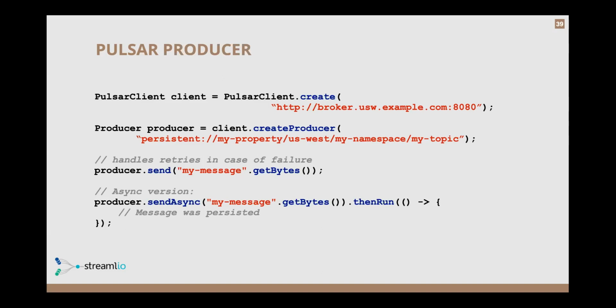So there, if you call the send method, it will block and wait until you get acknowledgement back from the broker that the message was acknowledged and persisted to disk. There's also the potential to do an asynchronous one where you can fire it, forget it, and maybe it gets persisted and maybe it doesn't. But then you can also check to make sure that if it was persisted, you get a result back and you can act on it. You can also say, if it failed, you can roll back messages as well, but you can do it asynchronously for higher throughput.